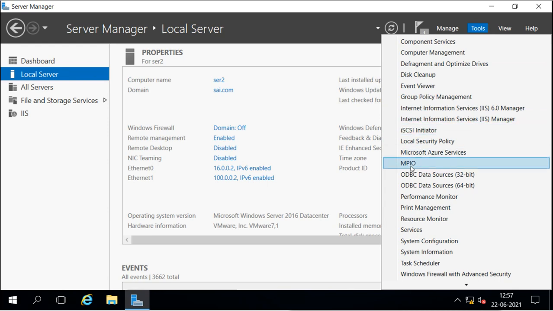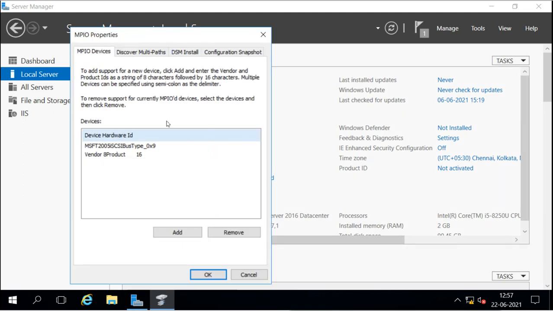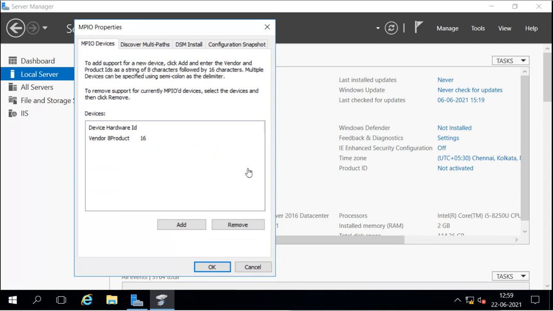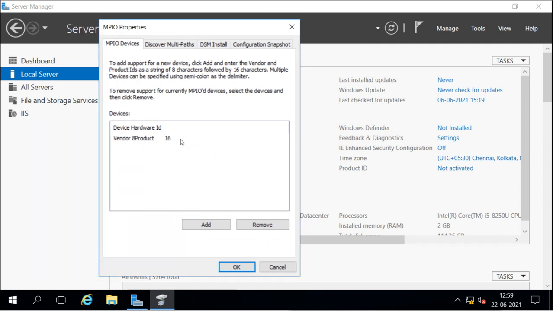Now I will select this, and here we can see that for the device hardware ID it is showing only this. It is not showing the support for iSCSI by default, so we have to add the support for iSCSI here.